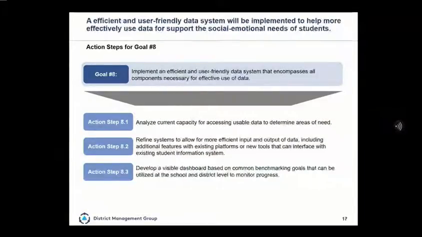When you look at Goal 8, right now, we have really worked with Synergy to develop a user-friendly system, but there's still many things that are needed. For example, a lot of our teachers and school administrators have information out on Google Docs or multiple spreadsheets. And so to get that behavior data, sometimes they're looking at 3 or 4 different areas. And so they're spending their time looking at the different resources instead of analyzing the data. And so this is something that was really important to our group to make sure we continue to explore this